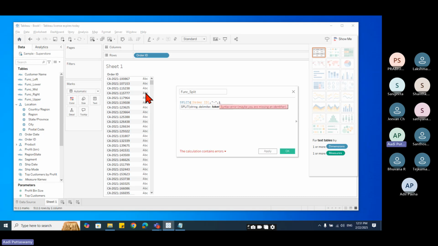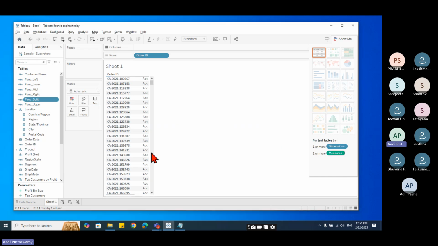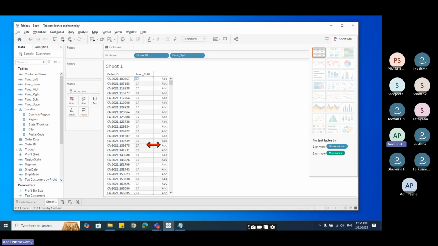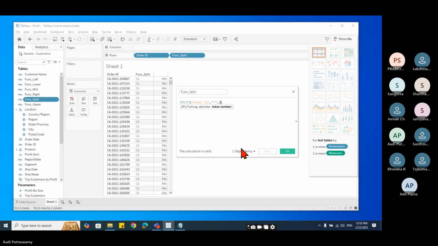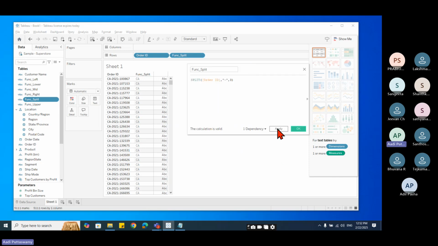Now, what is token number? Say, if I say hyphen, this data, the column is getting split into 3 parts, right? Token 1, 2, and 3. There are 3 parts. If I say 1 and say okay, let me just take this. I'll keep it here. See, the first part I'll get. Now let me modify that. Let's go here, right click and say edit. I'll say 3. Just observe, I'll say apply. See, third one. If I say 2,